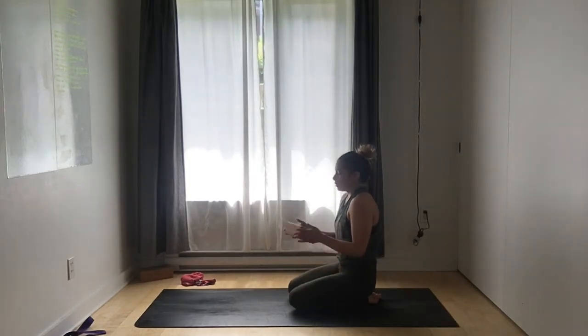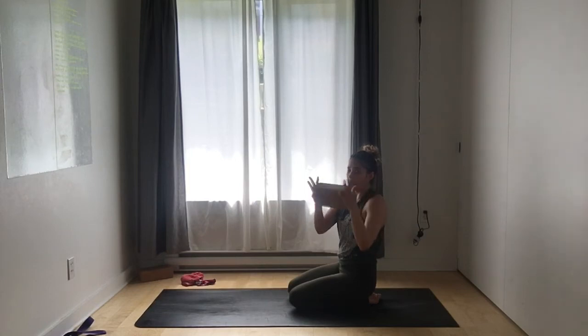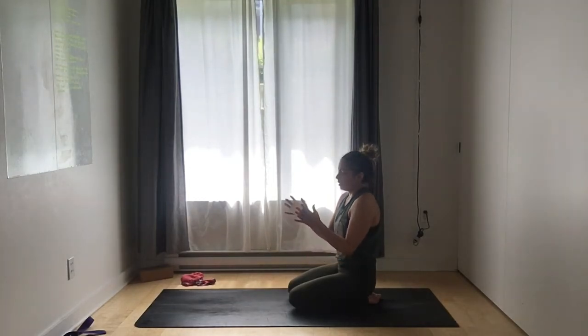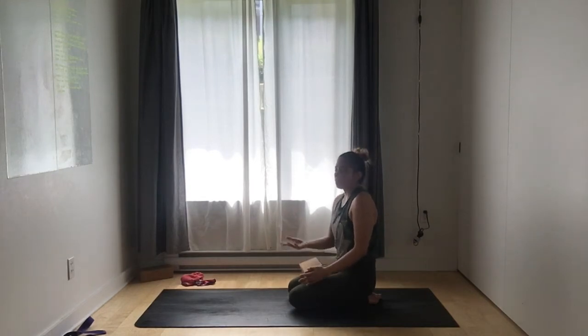The version that I'm going to show and share with you today is placing a block or a book in between your palms. If it's a book, just make sure that the book is the length of one of your forearms. That should be a good measurement. And just placing your palms at the edges of the block. This is a great way to go into a forearm balance or dolphin, especially if you have tight shoulders like I do. It was one of my very first inversions where I managed to get my feet off the floor,